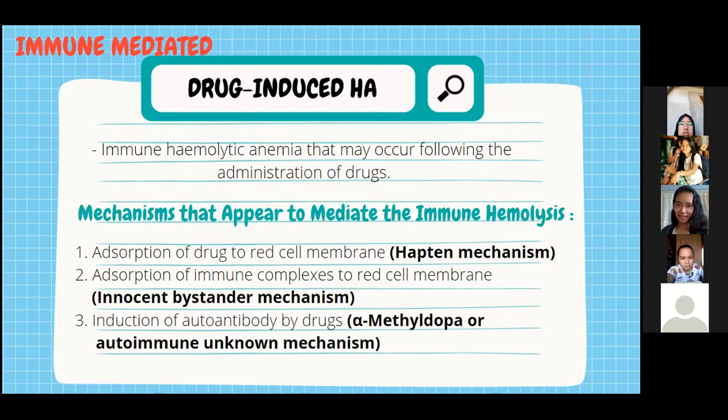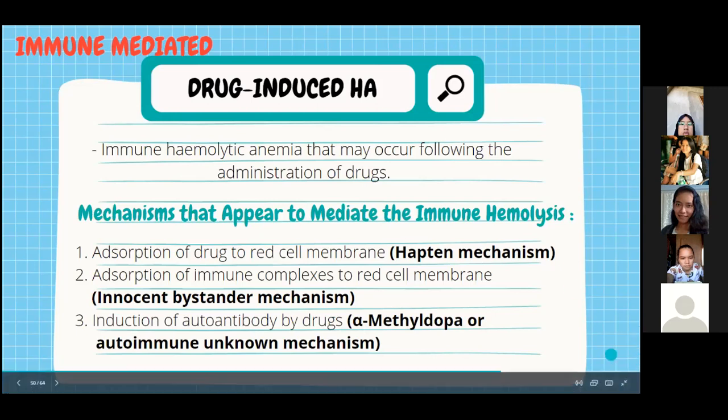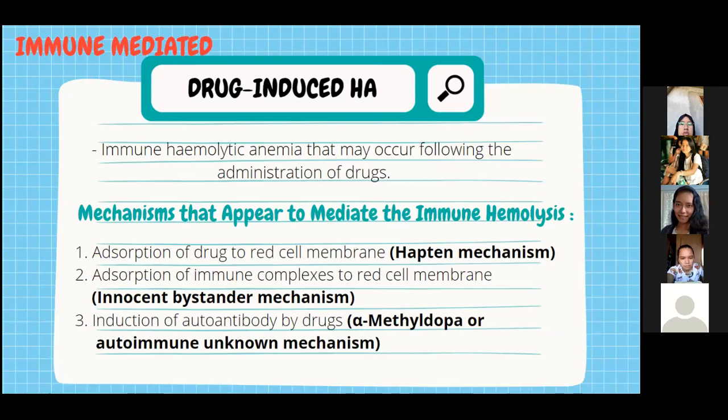An example is protein. And then the absorption of immune complexes to the red cell membrane, or the innocent bystander mechanism. I'm going to discuss that on the next slide. And then the induction of autoantibody by drugs such as alpha methyldopa, or the autoimmune unknown mechanism. And then on the next slide, we have